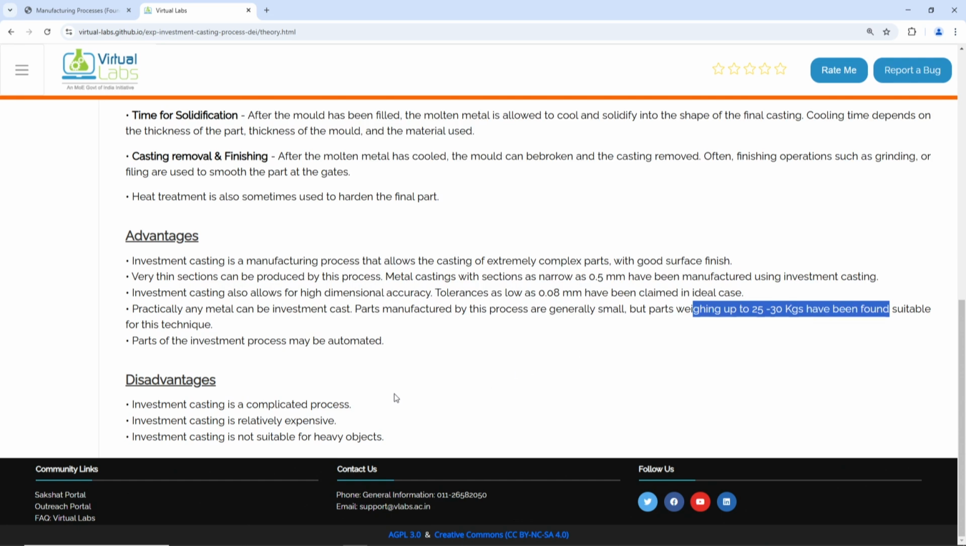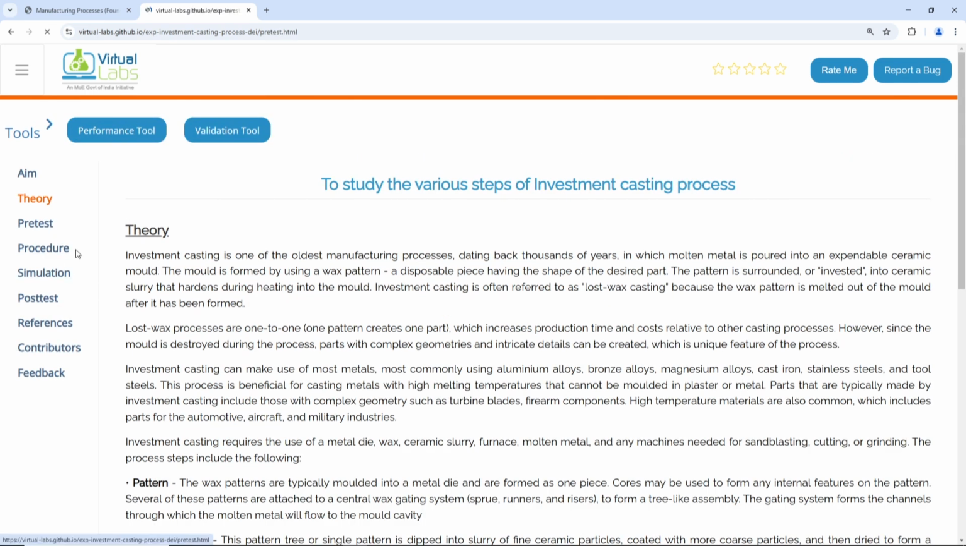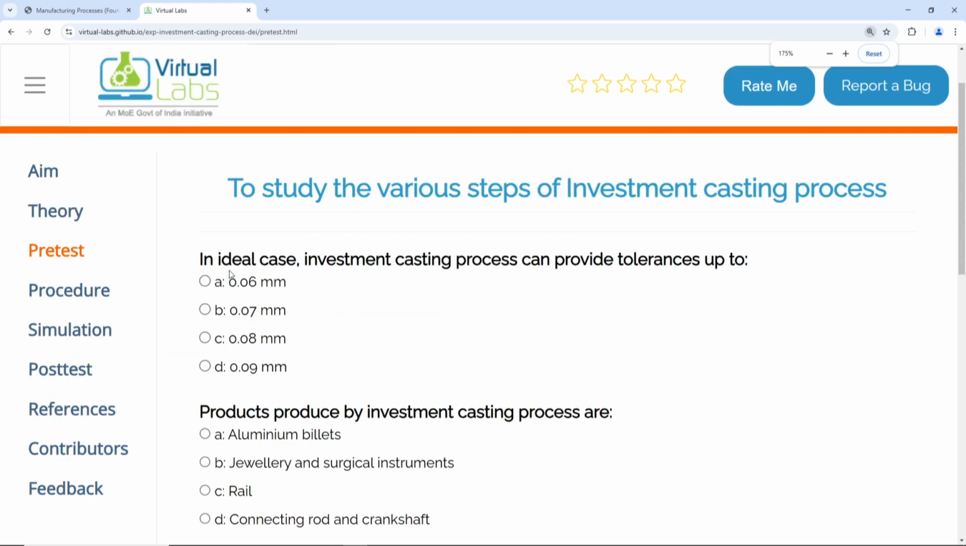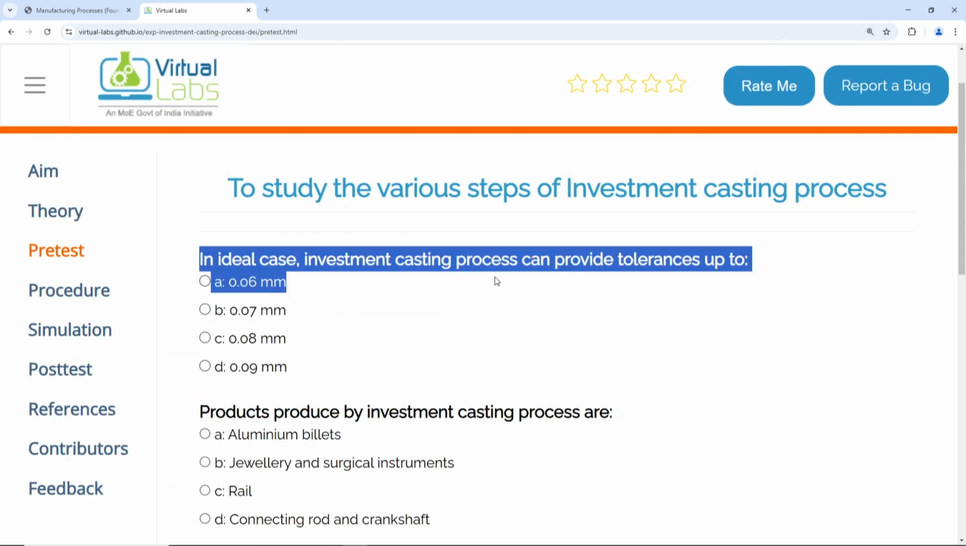Only the disadvantages which have been discussed previously: it is a little more complicated process than the regular single-piece casting process. It is relatively expensive. It is not suitable for heavy objects, and it is generally used for mass production when a larger number of components are required in a single go. Now, let me come to the pre-test questions. Zooming it out. In the ideal case, investment casting process can provide tolerances up to